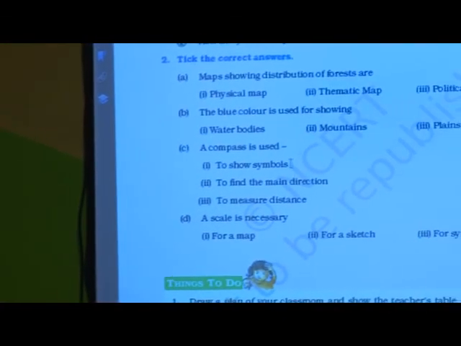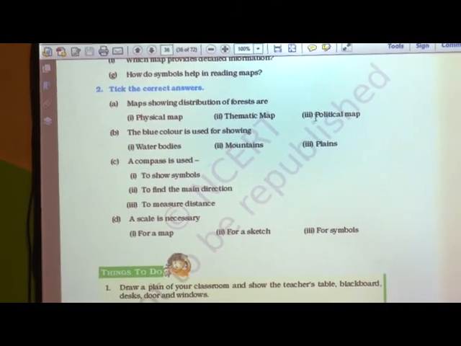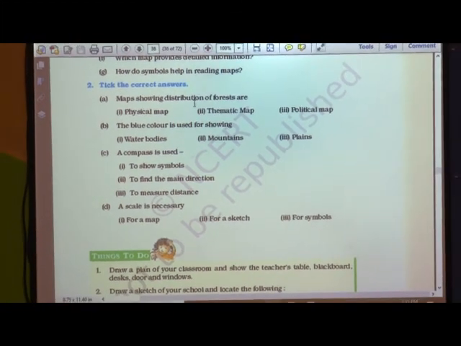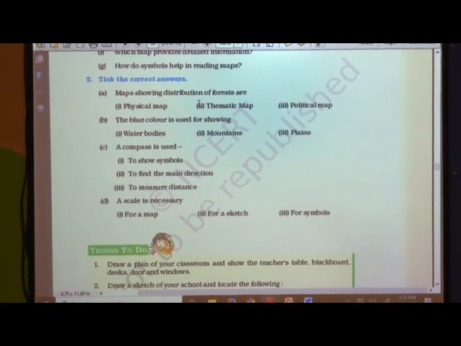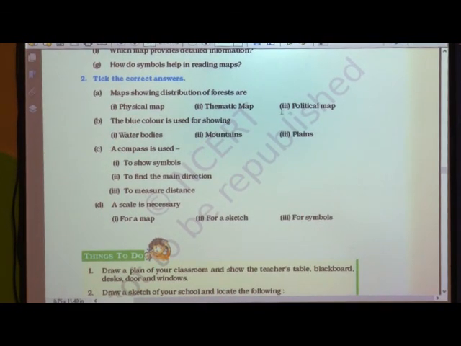Tell me, a map showing the distribution of forest. Is it a physical map, thematic map or political map? It gives specific information only about the distribution of forest. So, what type of map will it be? Physical? No, it will be a thematic map.